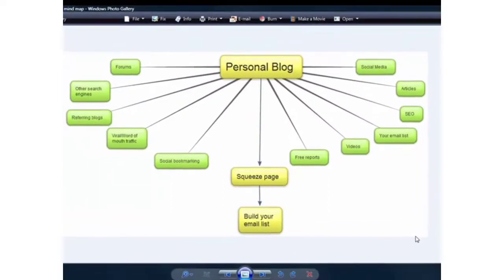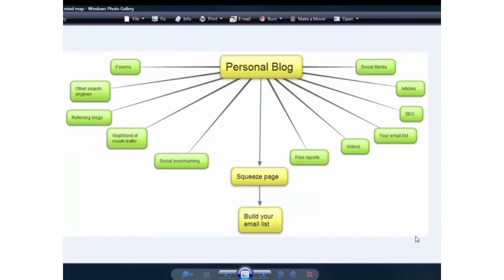In this video we're going to discuss the best way for you to build your list with all free traffic. As you can see, the mind map in front of you, we've got our personal blog at the top there with all of our traffic methods set up, driving traffic to our blog, and then we will of course send all of the traffic from our blog to our squeeze page and to our email list. And this particular tactic that you see in front of you, this is the most powerful way to build your email list, and this is the most powerful way to build your business,